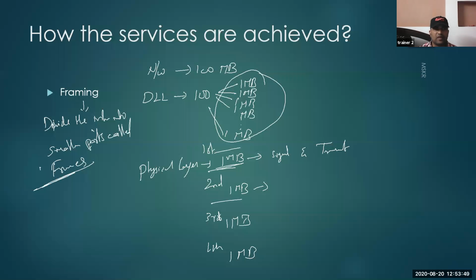When I say smaller parts, you need some way to identify where the frame begins and where the frame ends. If you are not clear with that, there is no use of dividing the information into smaller parts. Now did we discuss any mechanism in the physical layer where it is going to separate each and every frame from one another? Some students responded. What about the remaining people?